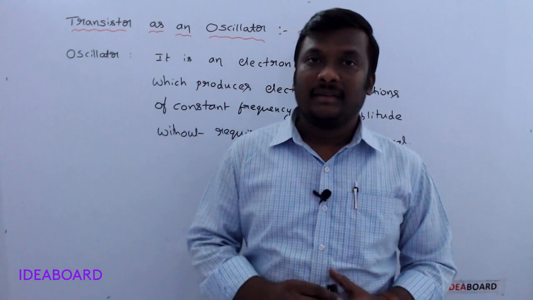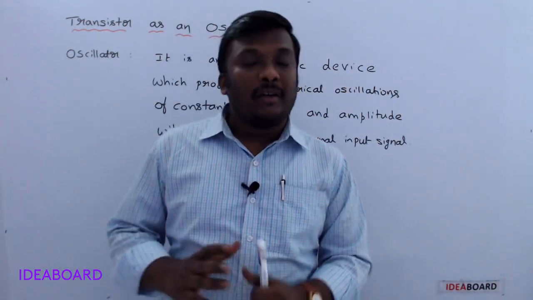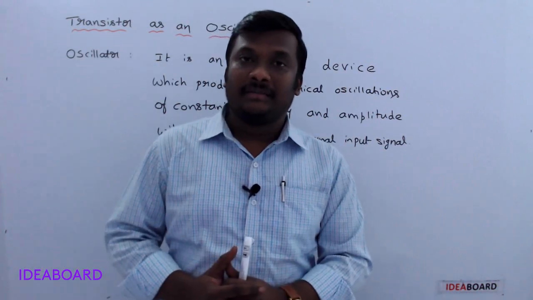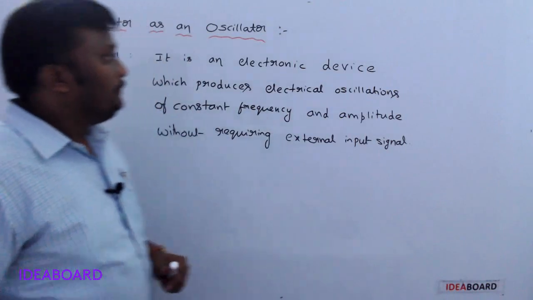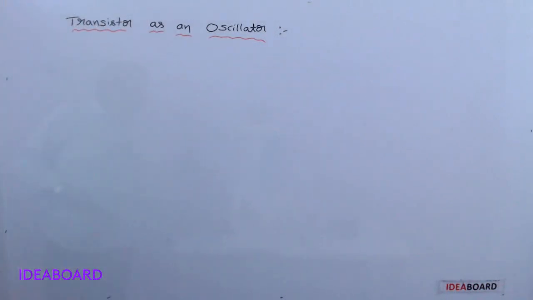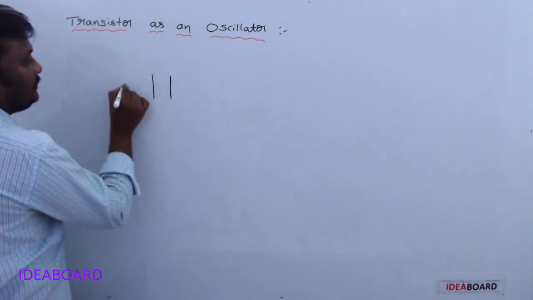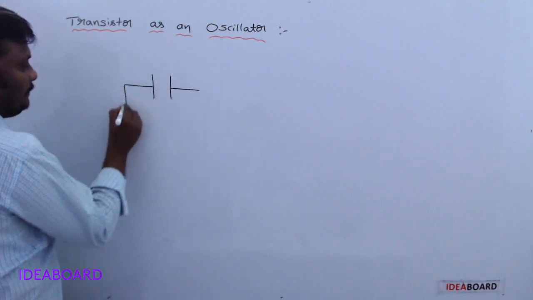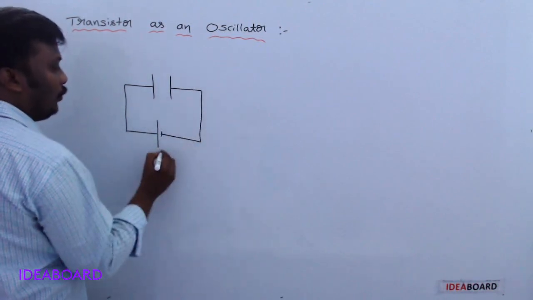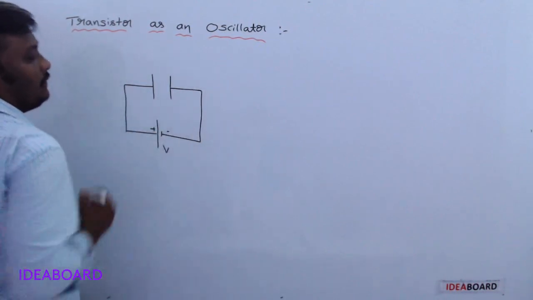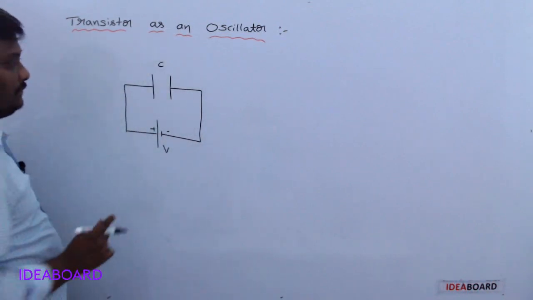Let us discuss. For this, we need some basic concepts from the last chapters. So let us discuss all these points. First of all, take an uncharged capacitor which is connected to a battery whose potential difference is V. This is an uncharged capacitor of capacitance C.